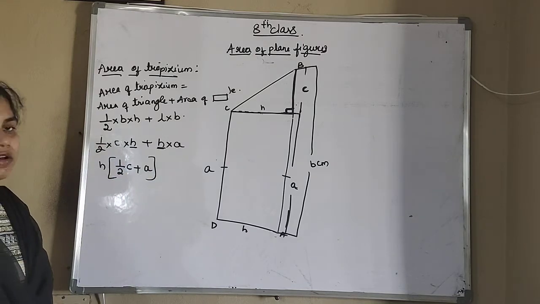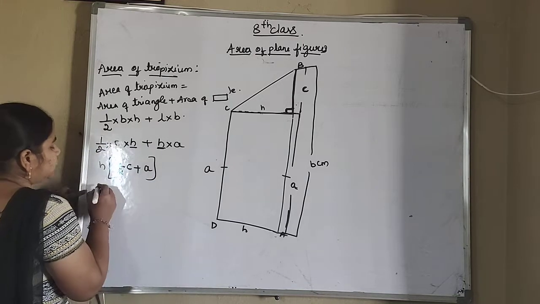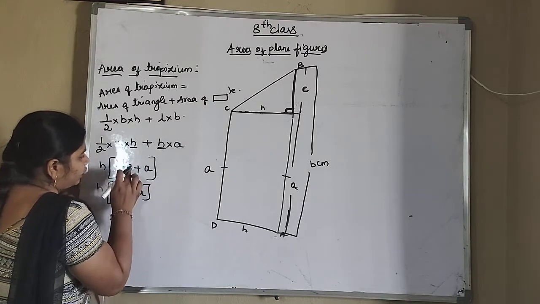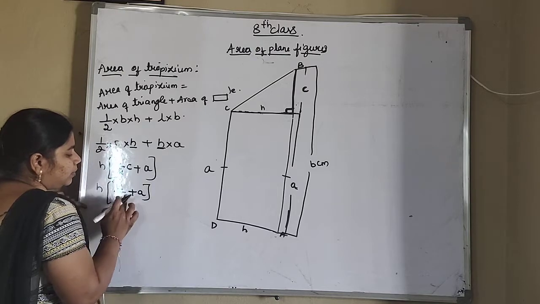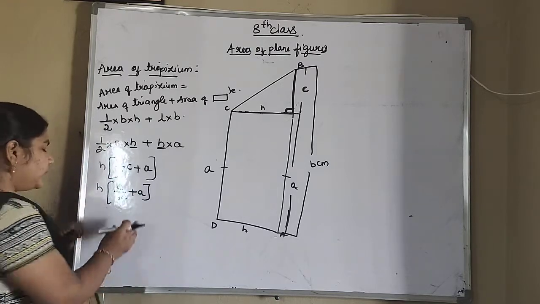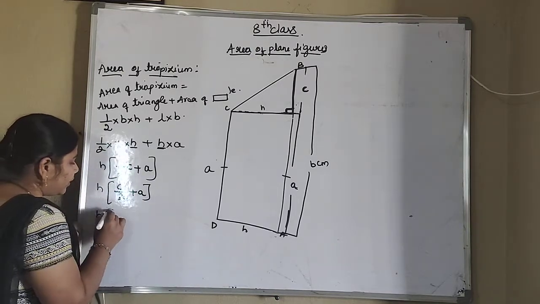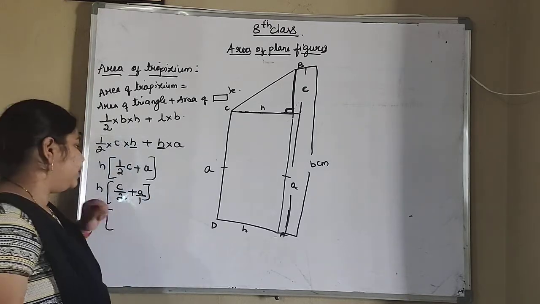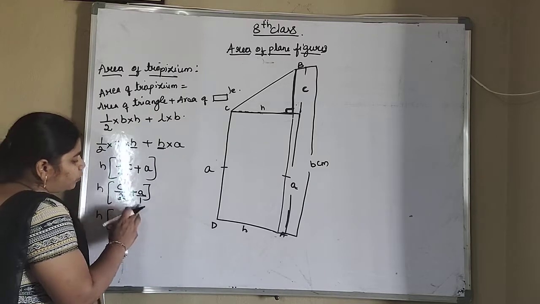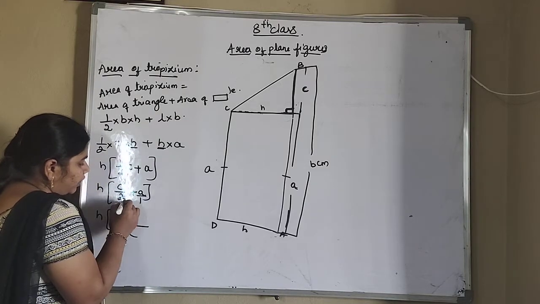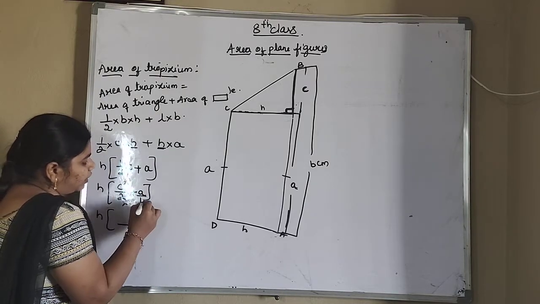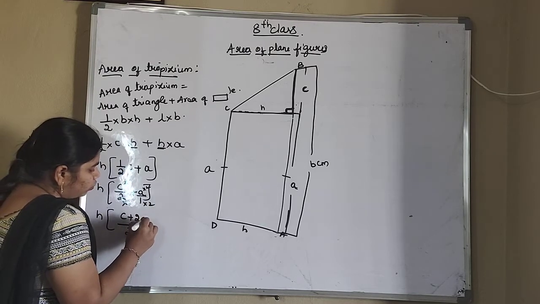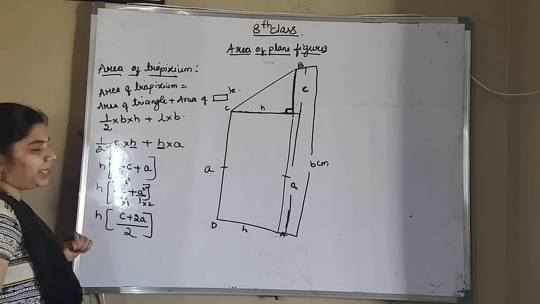So I am writing half C plus A. So we can write this as C by 2 plus A. Can we write C into 1 is C by 2 plus A. Now for this I am taking the LCM. So what is the LCM here? In denominator of A you don't have anything, so I am taking it as 1. So LCM of 2 and 1 will be 2. So here into 1, here it will be into 2 into 2. So C plus 2A by 2 you will get.